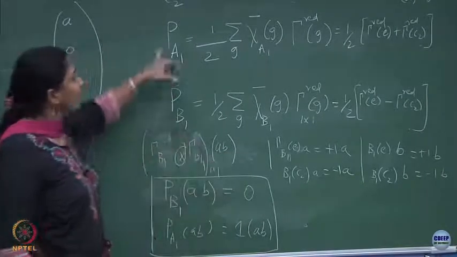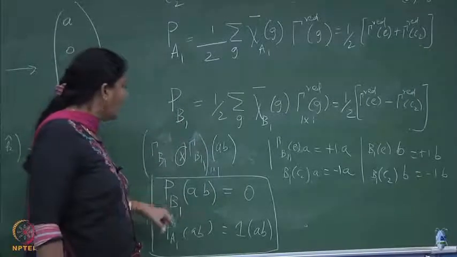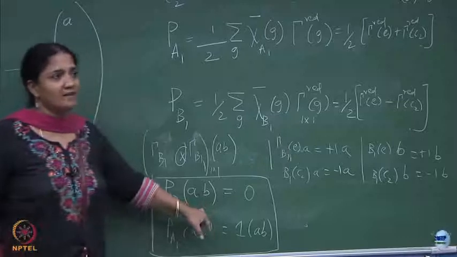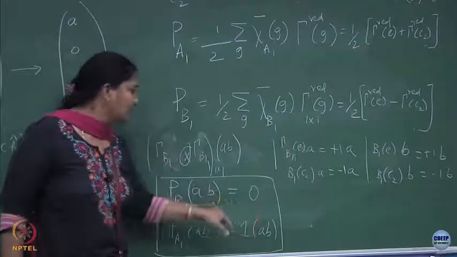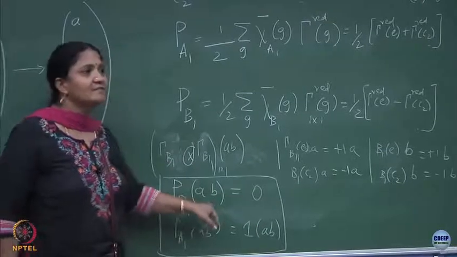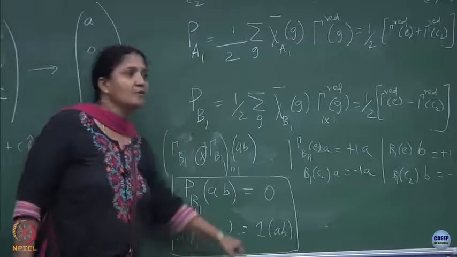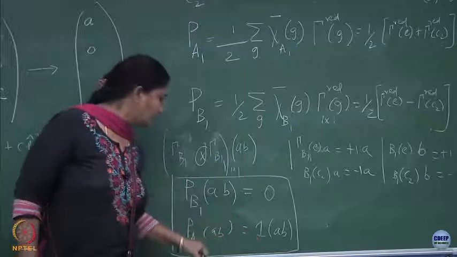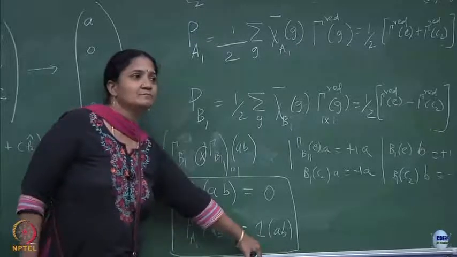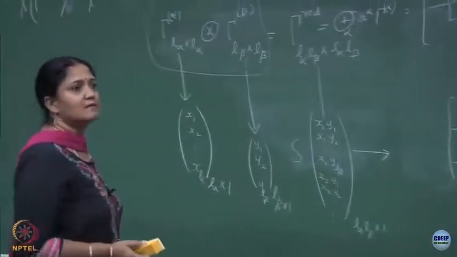I introduce a projection operator and just blindly apply the projection operator on that binary basis. If it gives me 0, that means it does not belong to its subspace. If it gives me non-zero and it is one dimensional, so it gives you just AB. So, this means that this reducible representation turns out to be,